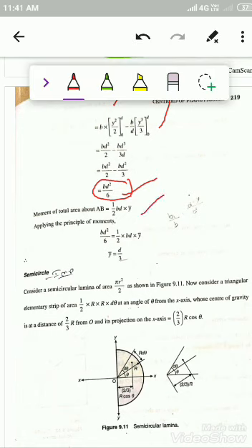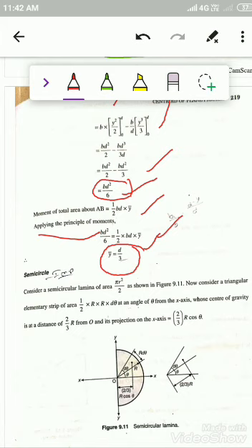Now by applying the principle of moments, the moment due to the elementary strips is equal to the moment due to the entire area. By equating these two equations, you will get y bar equal to d by 3. So the y bar distance of your triangle is d by 3. You can observe this in your tabular column. This is the centroidal distance. If you want to calculate x bar, do the same procedure considering the x bar distance. So this is the centroid of a triangle.